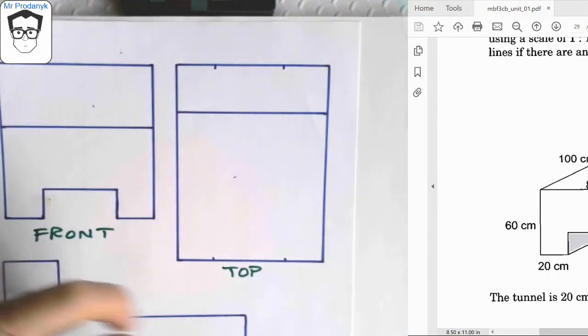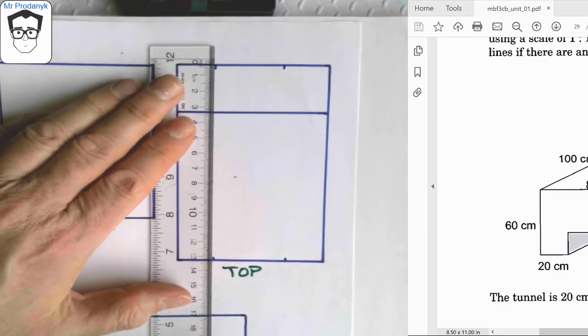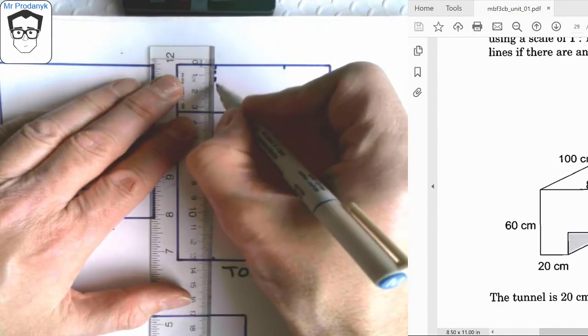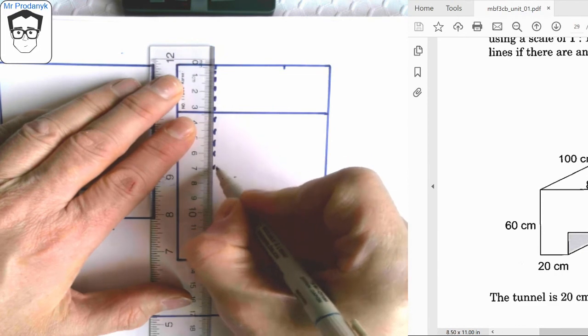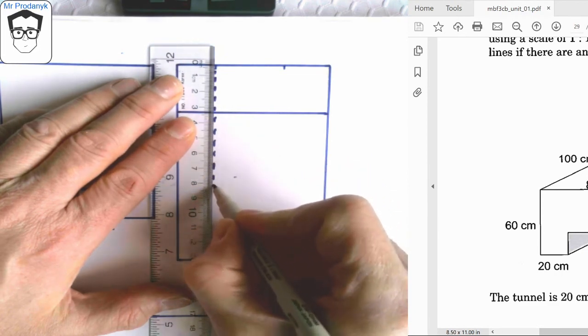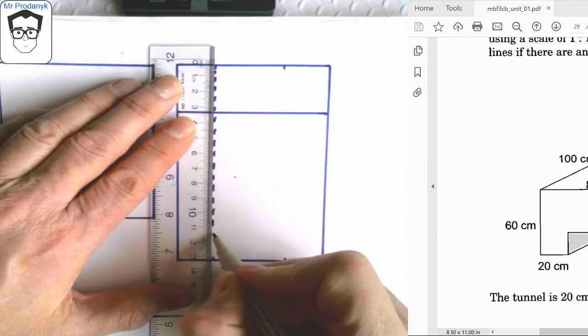Okay, and this is going to be the channel indicated by little dashes that runs through